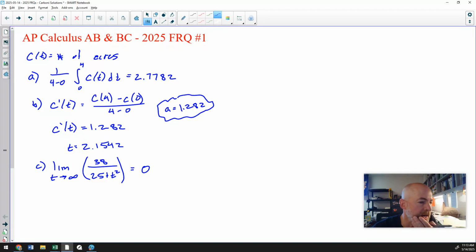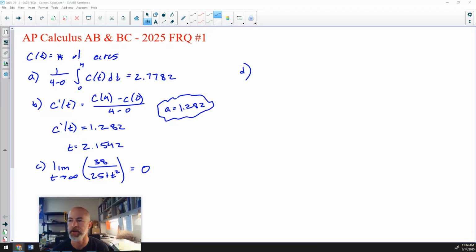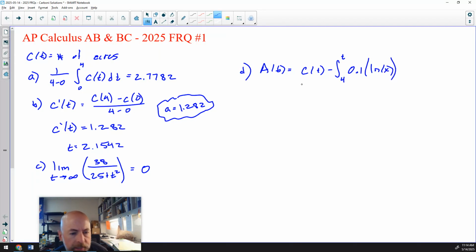Okay. At what time does A attain its max? Okay, this is extreme value theorem. We have a closed interval from 4 to 36, and we have a function for A of t. I'm going to work that over here, give myself a little bit more room, move my head out of the way. So A of t is C of t minus the antiderivative from 4 to t of 0.1 times the natural log of x dx, okay? So there's my function A, and I need to consider critical numbers and endpoints,